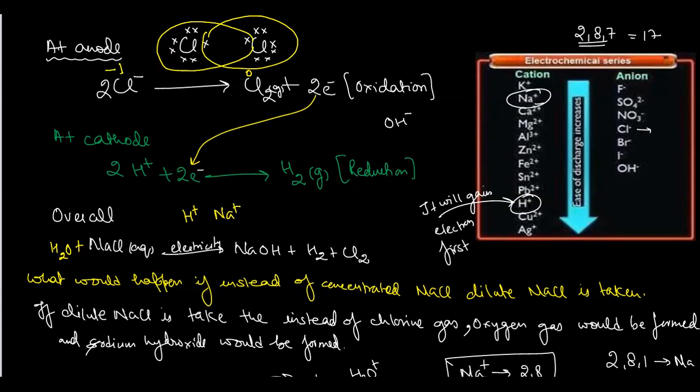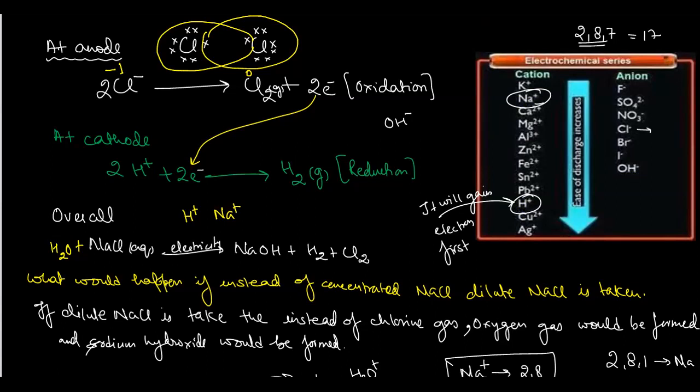Okay, so if we have the two positively charged ions, we need to gain the electrons. Now the lower it is, the more easily it can gain the electrons. Means जितना ज्यादा नीचे होगा वो आसानी से इलेक्ट्रॉन को गेन कर लेगा. So out of this one, लूज करने में जो ऊपर होता है वो लूज करता है. For example, if I'm saying OH will lose electron first or Cl minus will lose electron first, so Cl minus will lose electron first, because it is at the top. In the similar way, if I'm saying that sodium will lose its electron first or hydrogen will lose its electron first, sodium will lose its electron first. So losing में जो ऊपर होगा वो easily electron को lose करेगा, and gain करने में opposite होता है. The lowest one जितना ज़्यादा नीचे होगा उतना ही easily electron को gain करेगा.